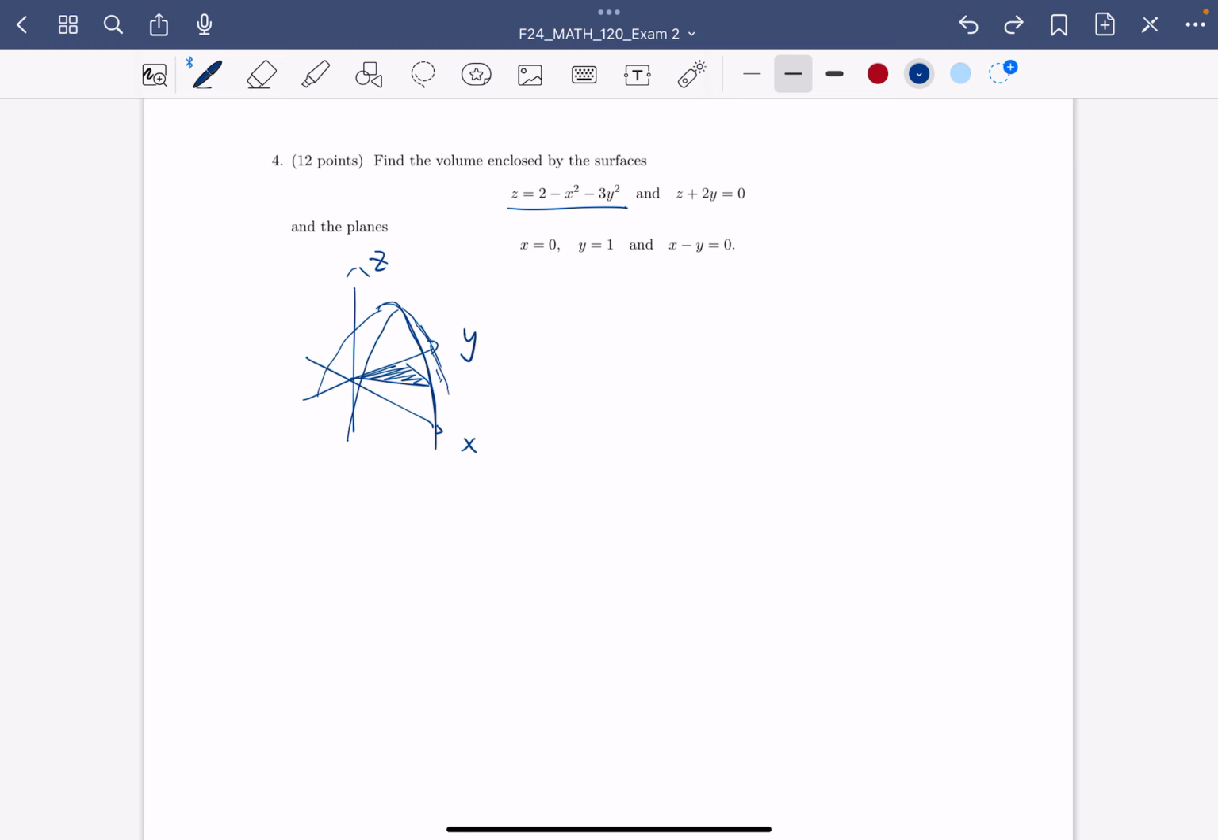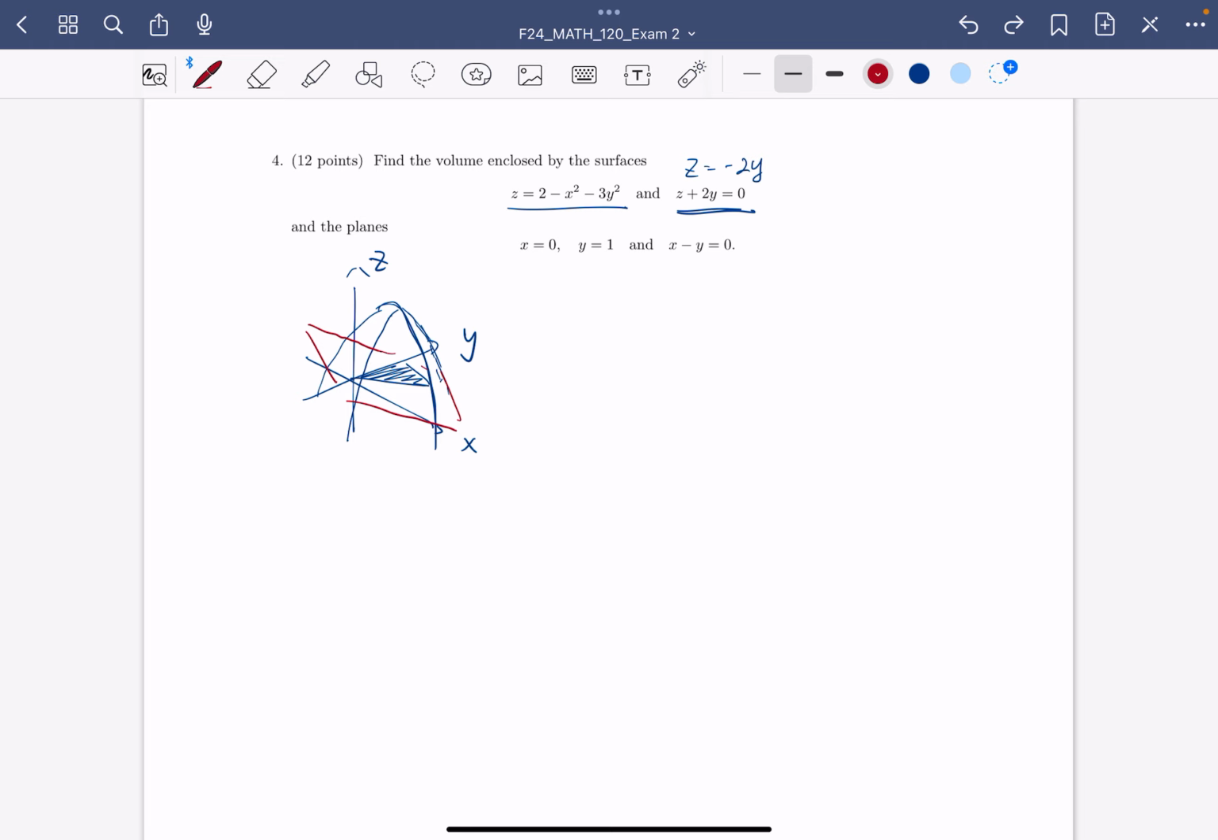Okay. And you have another plane, z equals minus 2y. So it cuts the paraboloid maybe. So imagine there is a plane. I should use another color. Like this. Okay, this is not very accurate, but